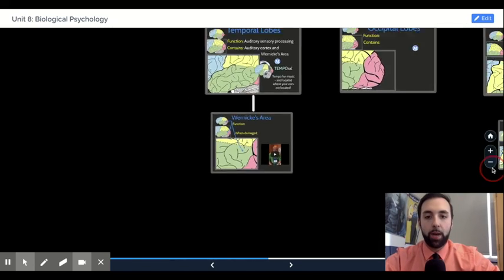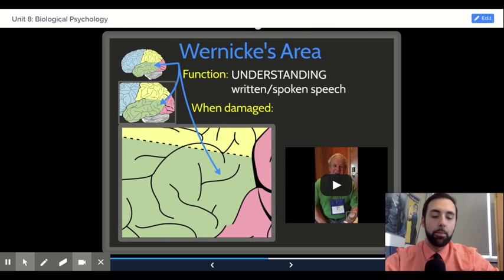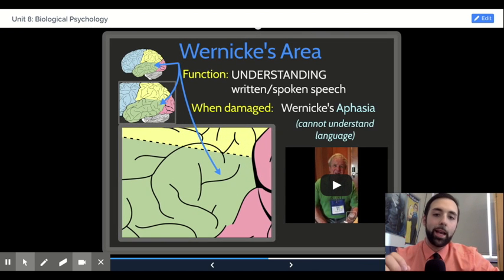Below the temporal lobe box is the Wernicke's area box. I alluded to Wernicke's area a moment ago in the previous slide. Wernicke's area is one of the two pivotal regions today that we're going to talk about that has a direct connection to language. Wernicke's area is specifically related to understanding written and spoken language, meaning damage to Wernicke's area could cause you to no longer comprehend